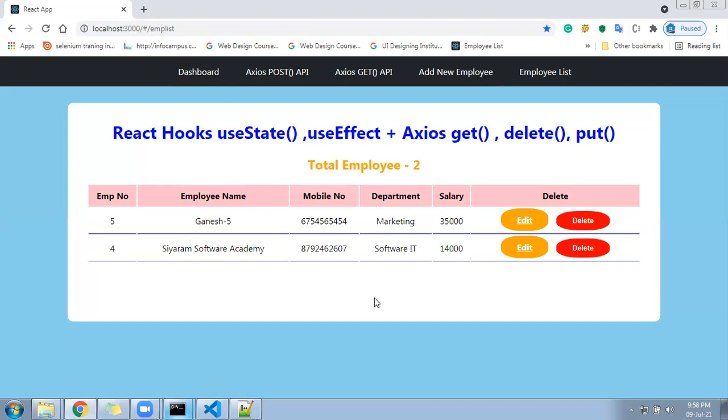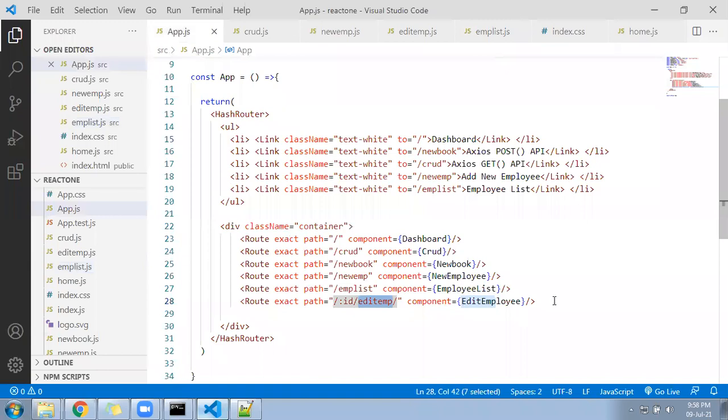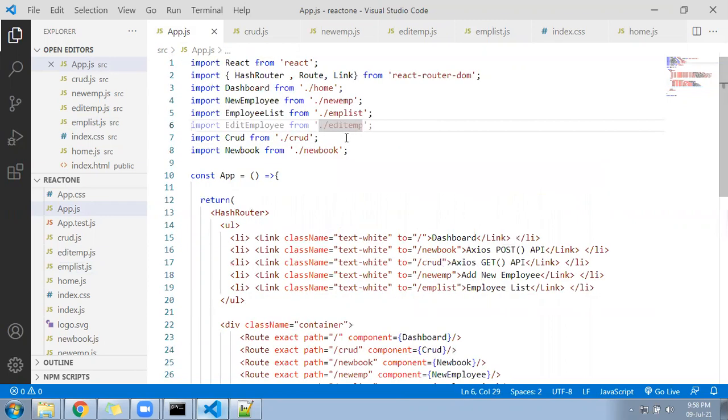Okay, so I'll go with the code now and I'll start guiding you on what and how we are doing. First, I will go to the app file. Inside the app file, I have written one routing code. I'll delete that. Then I will go here. I have written one component import, that also I'll delete. So it's deleted.